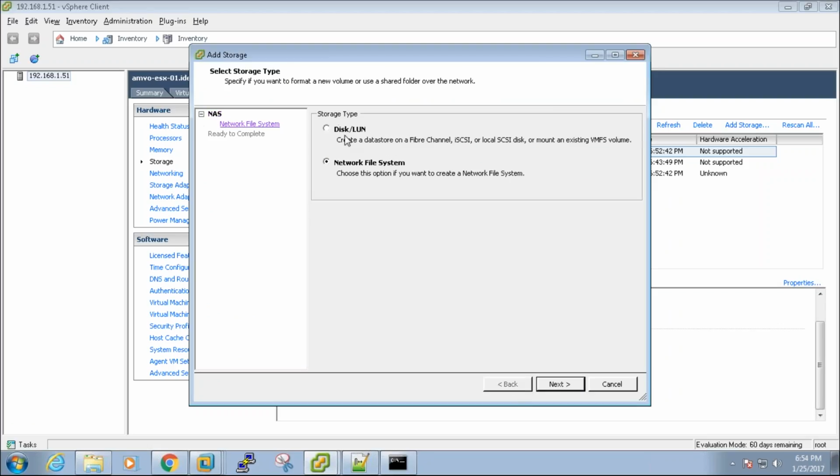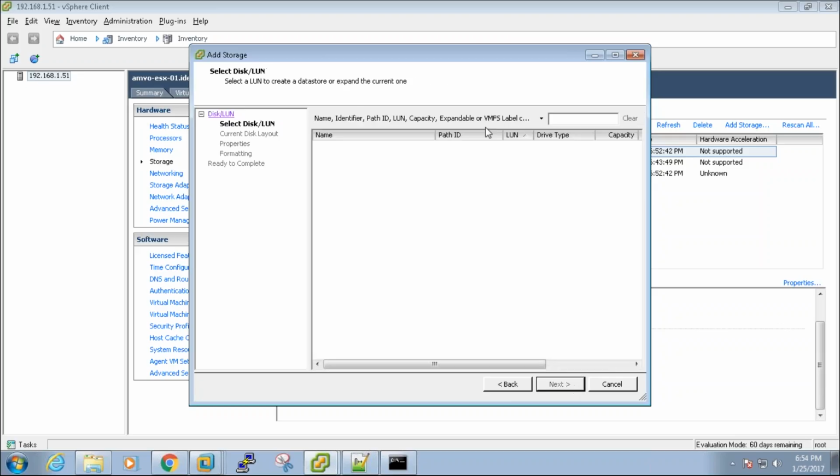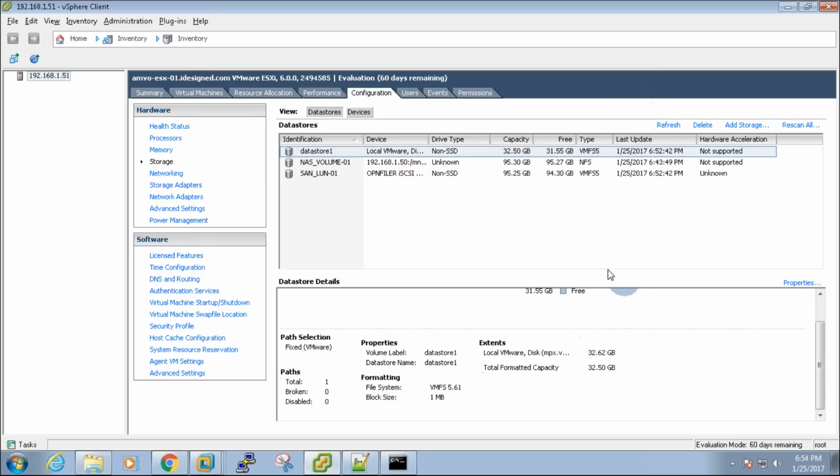Whereas if you wanted to go for the VMFS data store, which is like accessing a block storage, that's when you go here. At this point of time, there are no LUNs available for the configuration. Okay, these are the two types of data stores that you can create and can make use of them, right? So this is how you can create a VMFS and the NFS data stores.